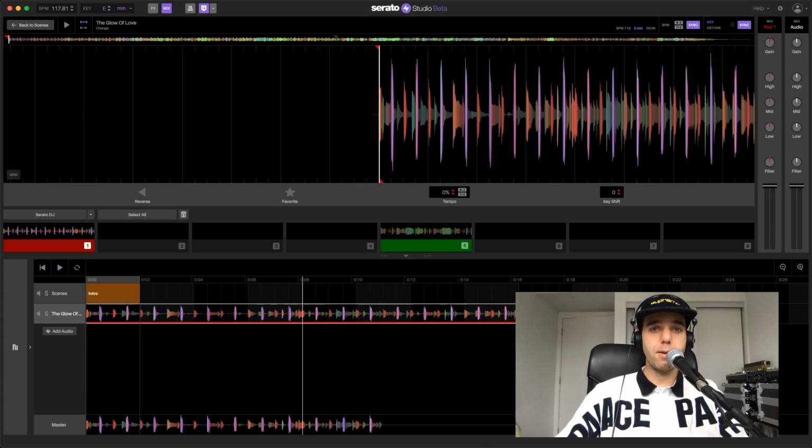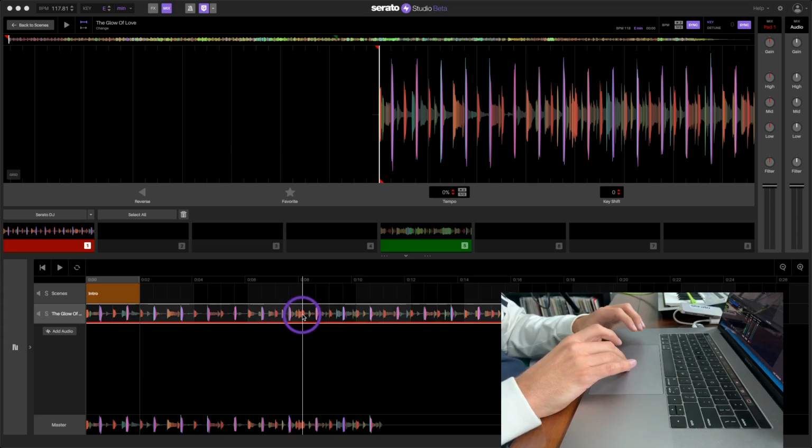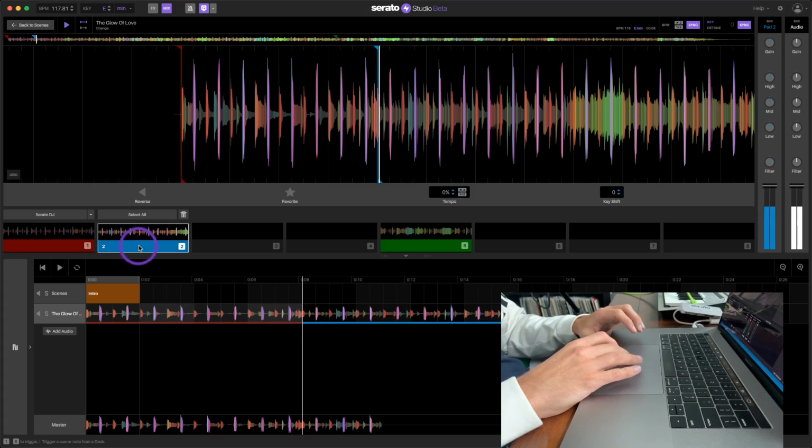Let me just pull up my keyboard again. You can just right click, which is the 2-finger click on the keyboard, and then you'll see it gives me the option to split to new clip. That's what I want to do. So that's